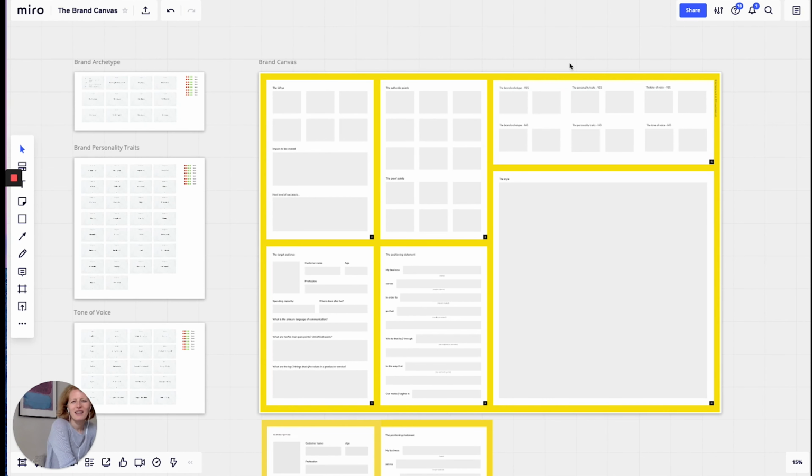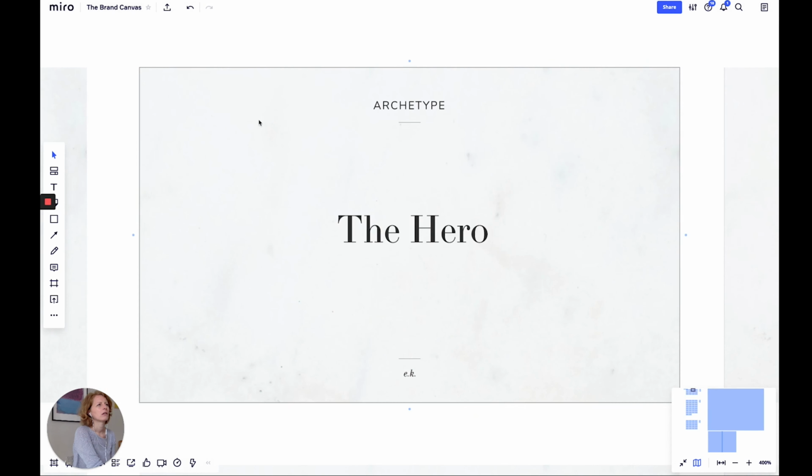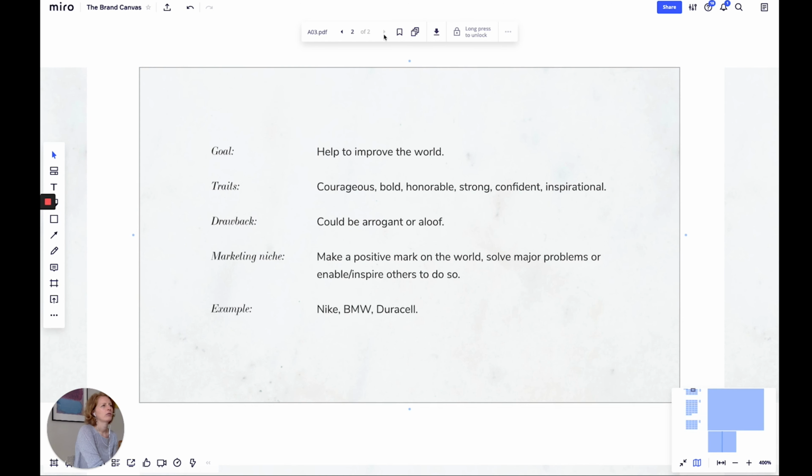Okay, so let's start looking into how to use the online version of the brand canvas. You will get access to the Miro board, which you can copy and then edit yourself. There is the brand canvas, and here are the brand archetype cards, the brand personality traits, and tone of voice. Brand archetype cards and tone of voice cards are two-sided. So when you are looking at it, you double click on the card and you can read the other side